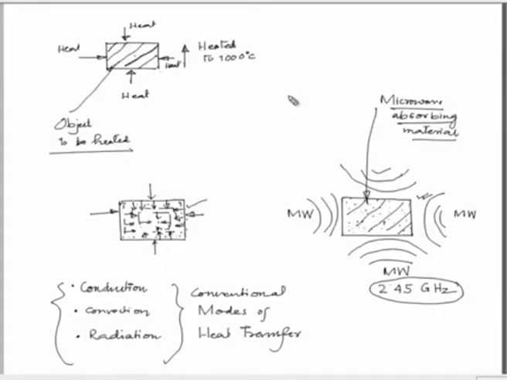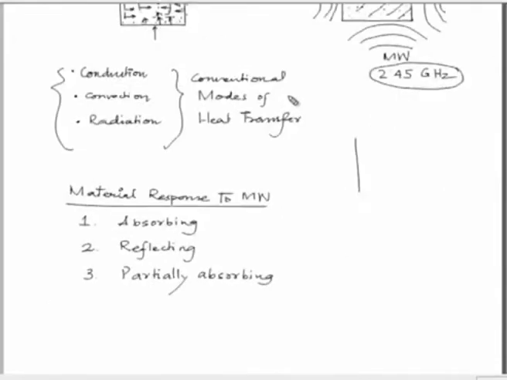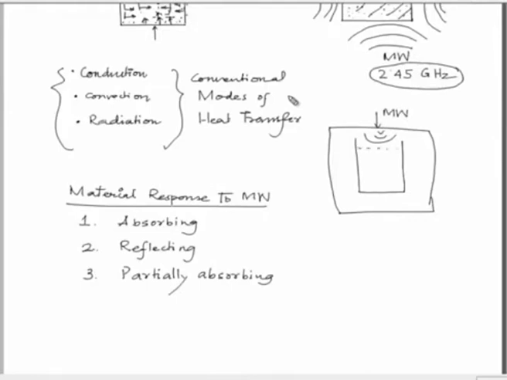Therefore, we can assume that if I am keeping a cup of milk or water inside a microwave oven, or if this is a microwave oven chamber in which I am applying microwave, so microwaves are coming like this, then I can say that this water is not getting heated up from here, rather it is getting heated up everywhere almost simultaneously at the same temperature.